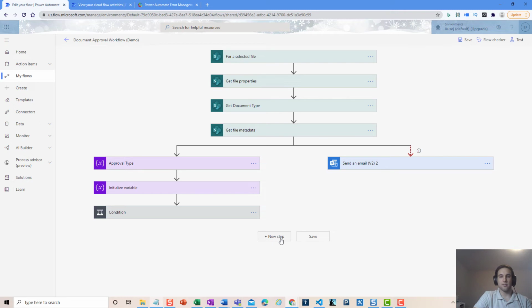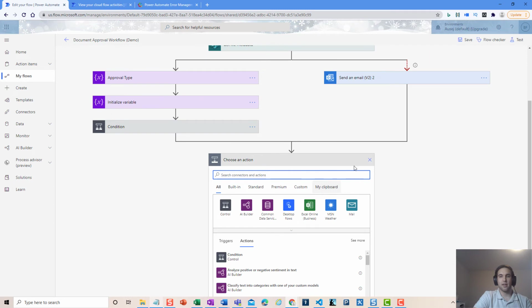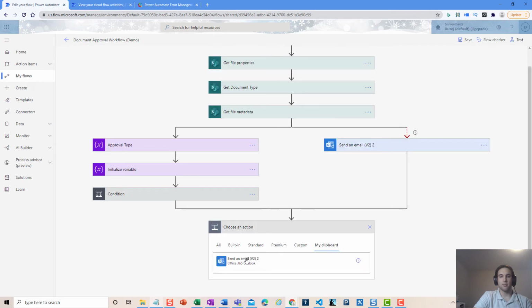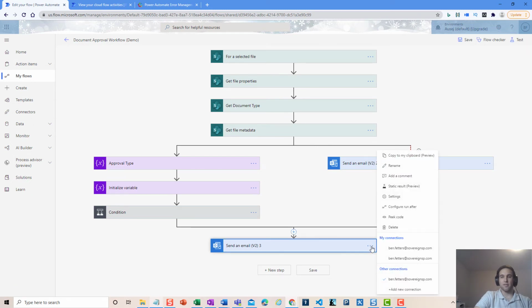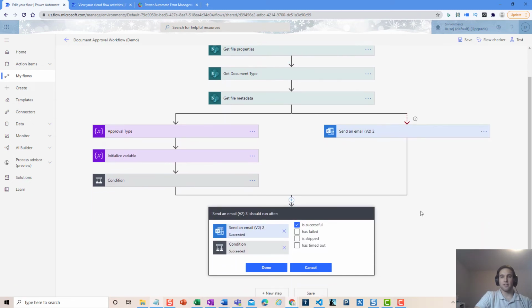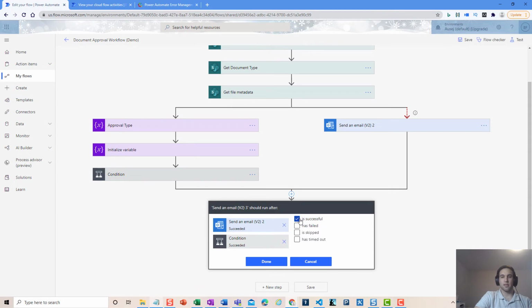So we're going to add a new step, and I'll actually just copy this to the clipboard, go to my clipboard, send email. So now we've got this little loop here. And what we want to do here, notice I'm going to put this failure email at the very end of the flow. So if I want to be notified of any failure or anything, I'm going to put this at the very end. And now for my configure run after settings, this time I'm going to say, well, now